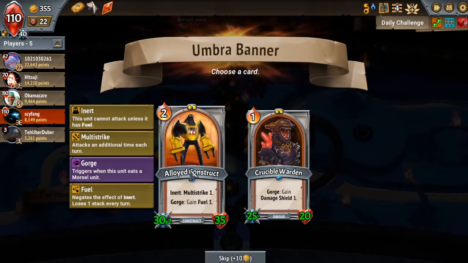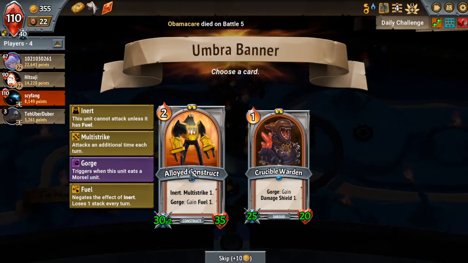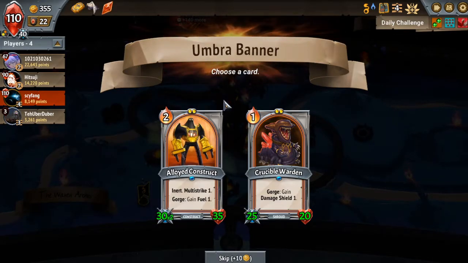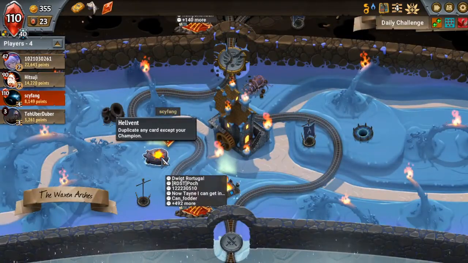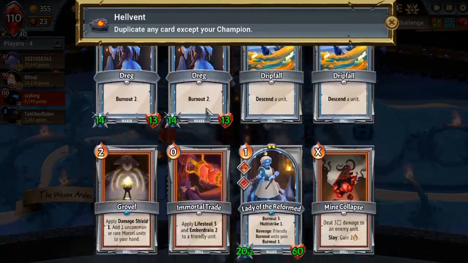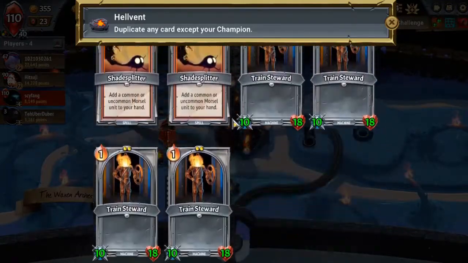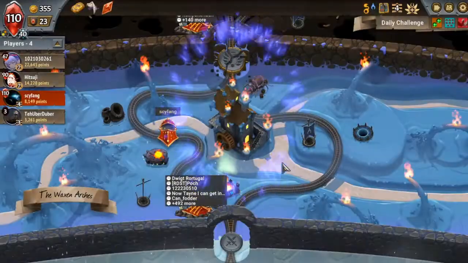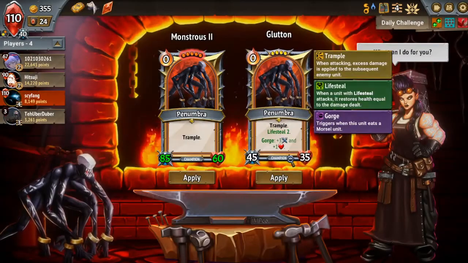So this alloy construct, it seems good in theory. The problem is that I don't have any way of giving him fuel unless he eats. So the first turn he's out, he's dead in the water. He also has to stay the first unit. I don't know. I'm going to see if I can make him work, and I'm probably going to regret that. I always have troubles with that guy making him cooperate. Like, I always run into snares with him. Out of everything here, the one thing that I really want to duplicate would be my Lady of the Reformed. Even that might be making the deck too big, but...